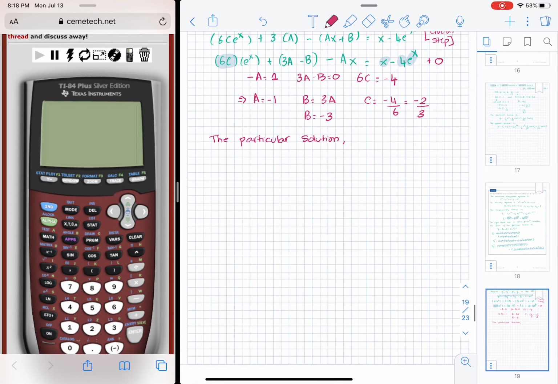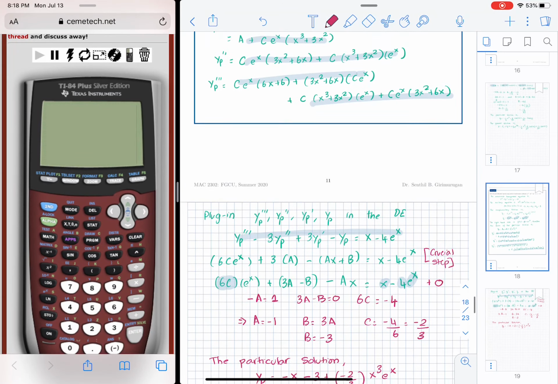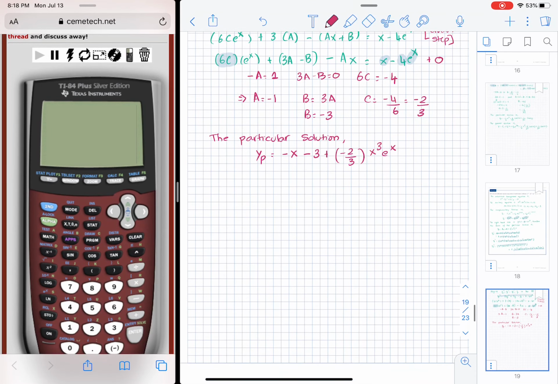So the particular solution, yp, is negative x because it is ax, plus b, so minus 3, plus c, negative 2 over 3, x cubed, e raised x. So the final solution